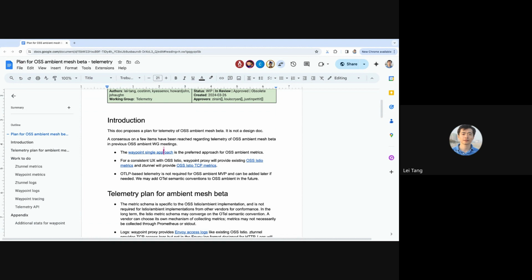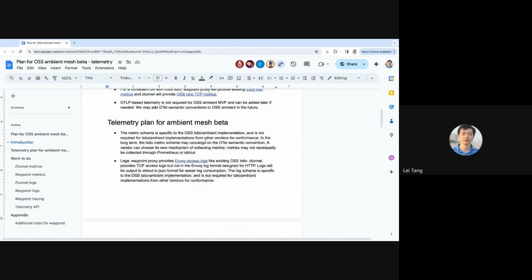We also discussed whether we will provide OTLP-based telemetry, and the consensus is it's not required for the OSS Ambient MVP and can be added later. We also agree that OTel semantic conventions for OSS Ambient is a good idea, and we may add that in the future. So that's some existing consensus.